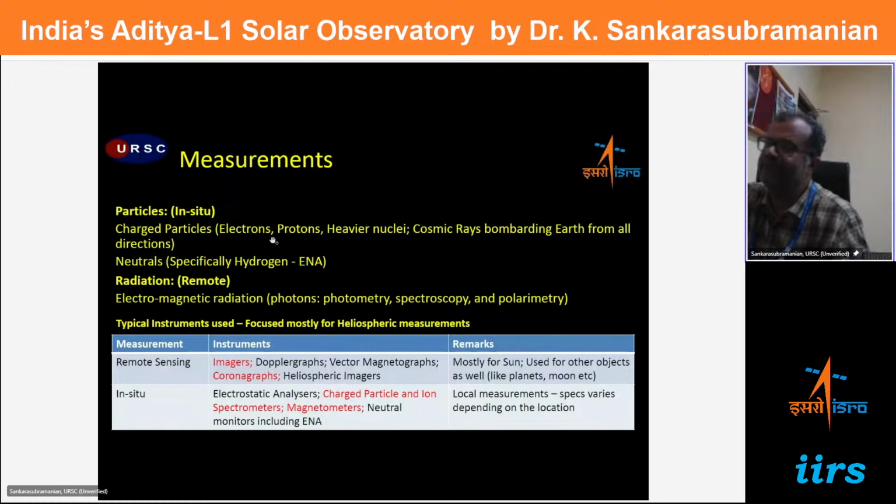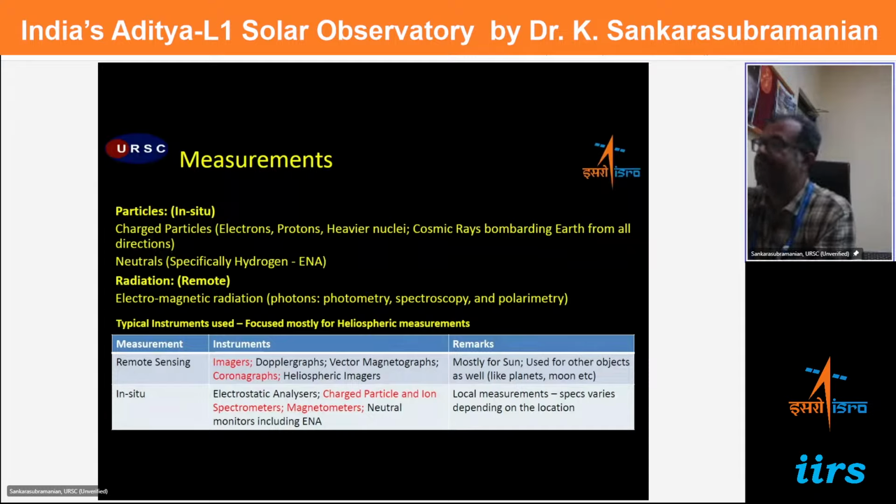Okay, so you need instruments to measure these particles, which is usually in situ, because you are actually sampling the particles passing by the spacecraft from which you are measuring. And there is another kind of measurement you can do, which is radiation, typically the electromagnetic radiation we receive from the sun and other systems, which is nothing but photons. If you want to study the photons, you do photometry. Photometry is nothing but the flux of photons at a broad wavelength band. And spectroscopy is the flux of photons at very specific wavelengths,